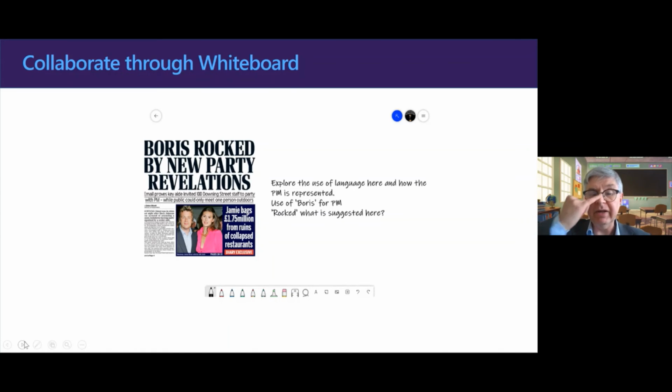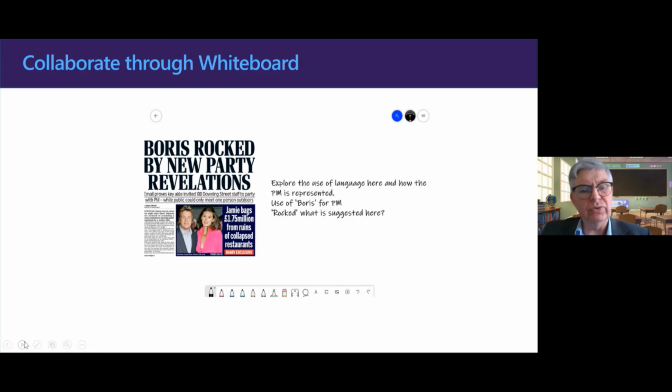Here we're looking at the way that language is used within the media to position. And so I would have this up here, and as you can see, I've got the prompt: explore the use of language here, how PM has been represented, that idea about Boris rather than Prime Minister. What does the word rock suggest here? And you can see you've got all those highlighters, pens, etc. they can use, they can type in as well.